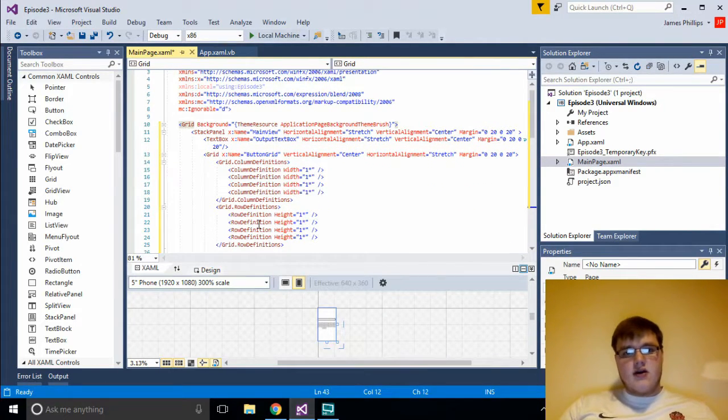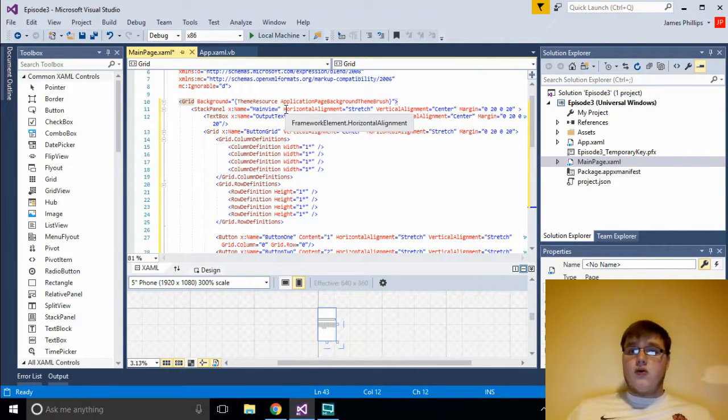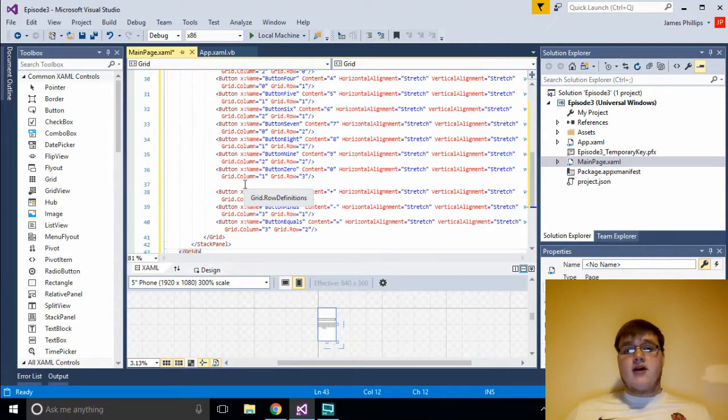So in the code here we have a list of markup objects written in XAML, and I shall go through them for you now. A stack panel contains all of the items we have within our application view, and this text box is the text box that the output for the application will be in. Then we have a grid containing all buttons which are all of a uniform and, more importantly, a relative size